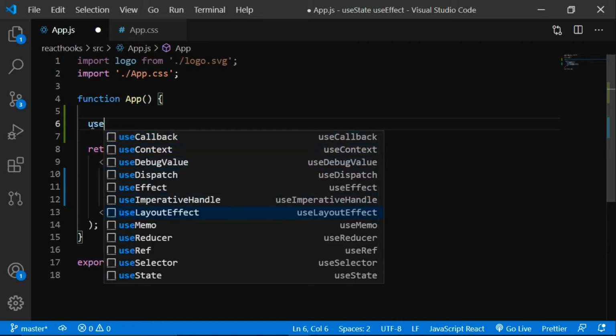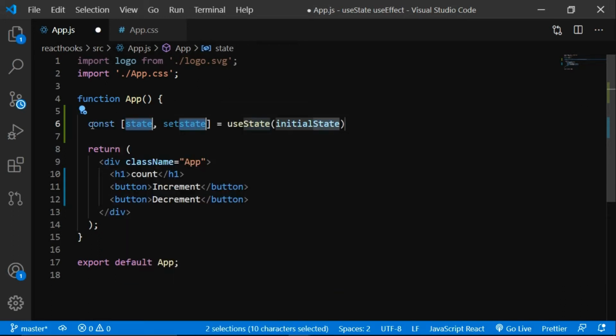So this is useState, and it is simply gonna write the whole template here. So this is the const state, setState, useState, and the initial state, right? So you can use setState to change the value of that particular variable, and useState is basically the template here, and initial state is something which we keep at the beginning. Initial means the starting point, so we don't want this to be initial state. So for that, we can simply write 0. We want the initial state of the count to be 0, right? And this is the state, and this is the setState.